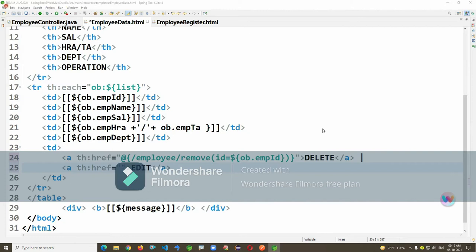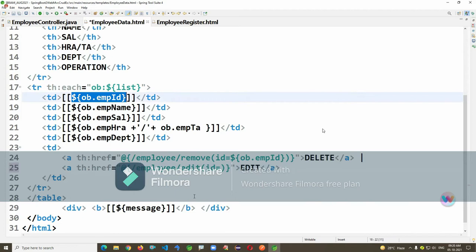Now @{/employee/edit}. If you want to send something, like a question mark here, mention parenthesis and what is the key and what is the value. This is a value. So URL rewriting, I'm just writing.